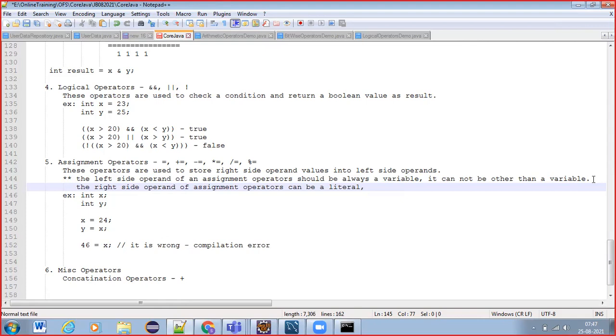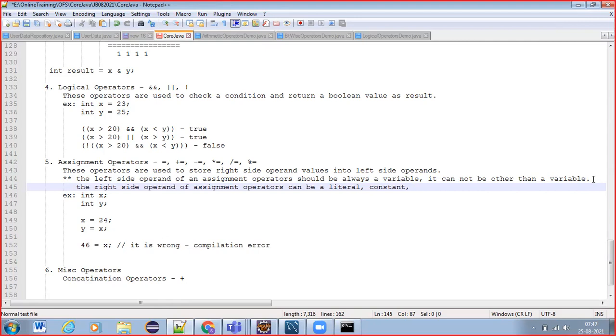Literal means direct value, what we are typing like 23, 46, 89, all these things. A constant. Constant means we have stored some value into a variable as the fixed value, and that variable name we use. That is constant. About constants we'll learn later.